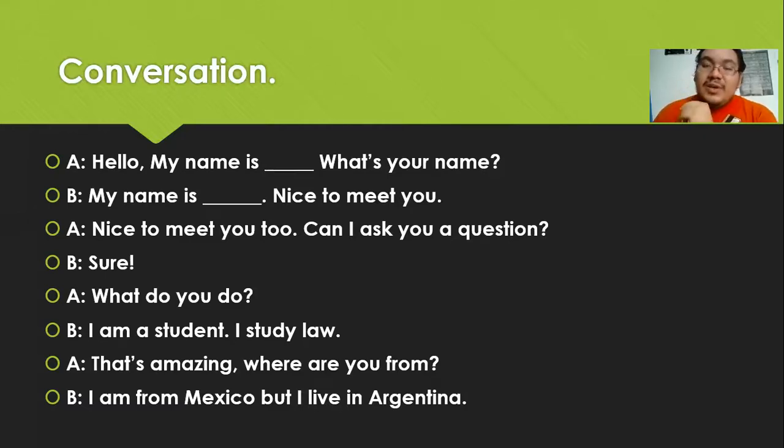Ok, denme un segundo. Luis Carlos pregunta en el chat que si voy a dejar tarea. Luis, te acabo de decir que voy a hacer otra sesión para terminar la lección. O sea, todavía nos faltan unas cosas que ver. Sí voy a dejar tarea, pero tienen que conectarse a la otra reunión. Tenemos que terminar este tema. A mí no me gusta alargar demasiado las clases, pero en esta ocasión tenemos que hacerlo, ¿sí? Para poder cumplir con el tema de hoy y para que les pueda dejar la tarea. Si no, no voy a poder.